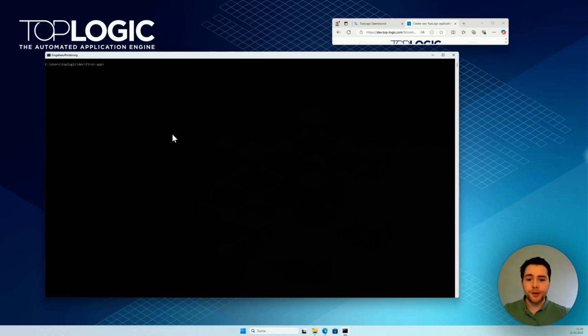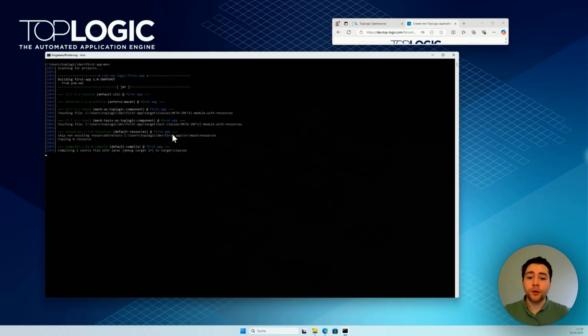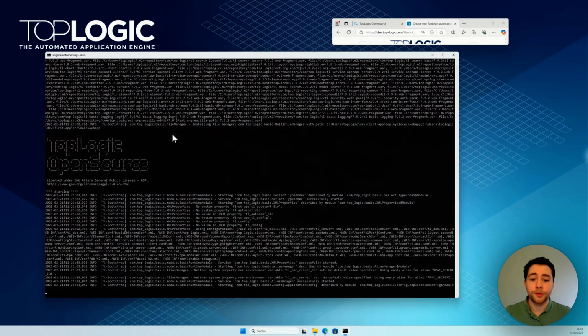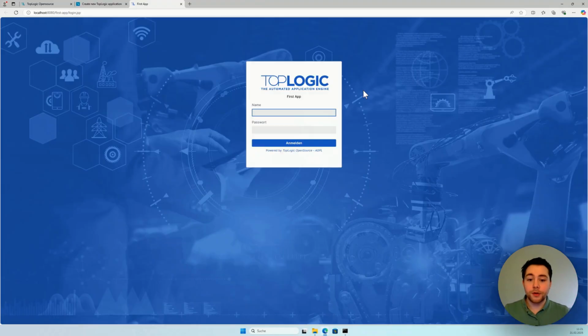All we need to do now is to enter the simple command Maven, and this will build a TopLogic application, install all dependencies, and a new window will pop up in your browser greeting you with a TopLogic login page. You just set up your first TopLogic development environment,